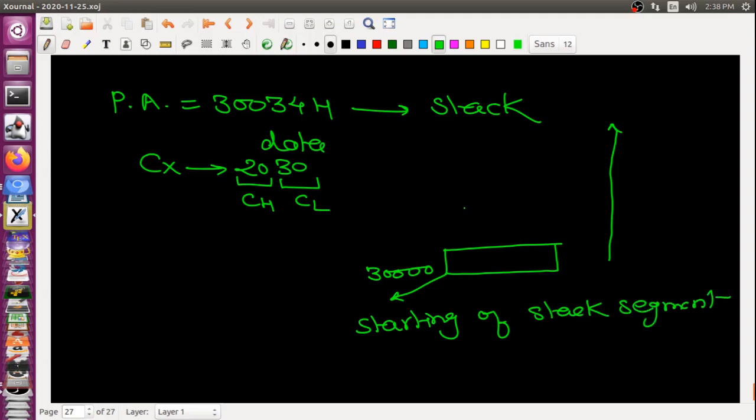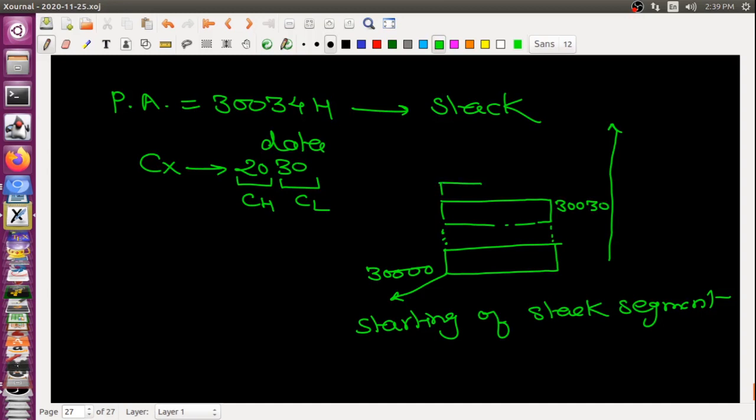So for example, here it is going like this. I am drawing some dotted line here. Here I will say my addresses will start from this. The first address here is 30030.